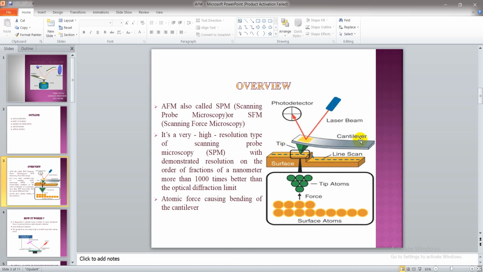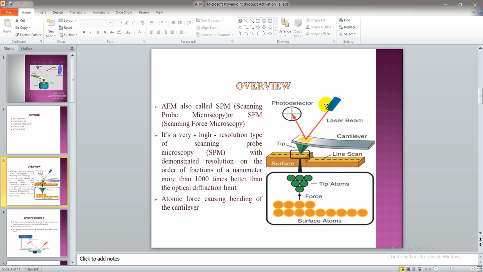By visualizing this picture, you can imagine that in contact mode, because the tip is in contact with the surface, it can make the surface rough. So we don't prefer to analyze the surface morphology in contact mode, because we will not be able to use that sample for other analysis once the surface gets rough. Non-contact mode has some disadvantages as well, so we prefer tapping mode. In tapping mode, the tip is in contact and non-contact both: it will contact, then go up, contact, then go up.